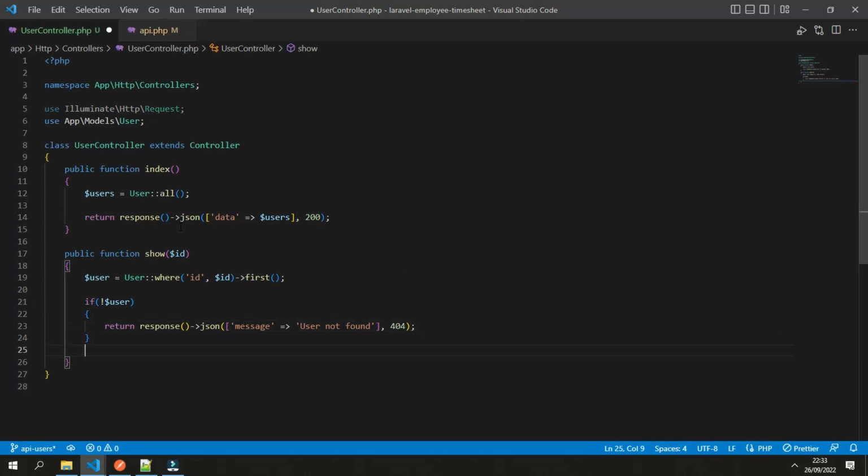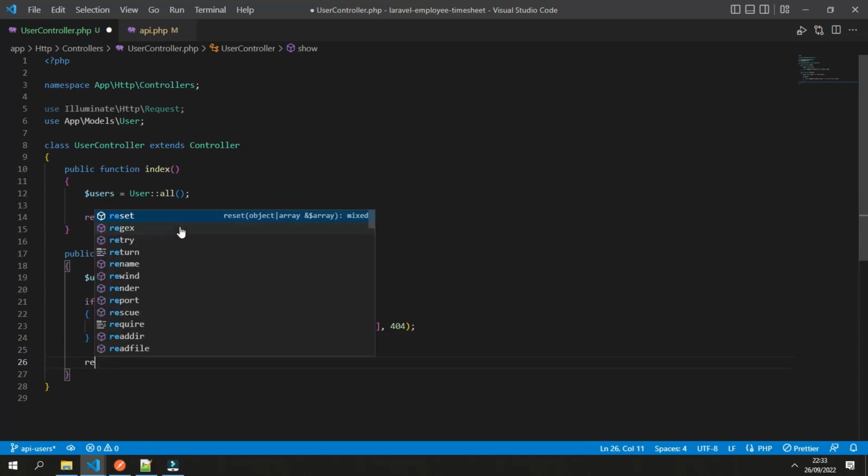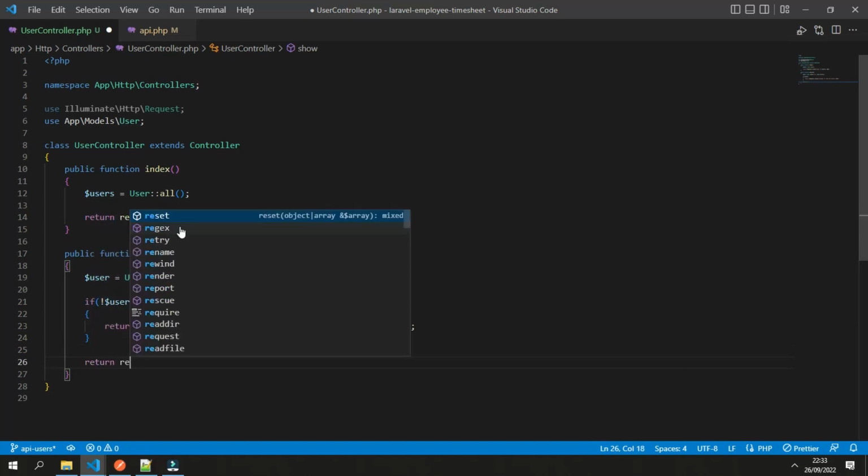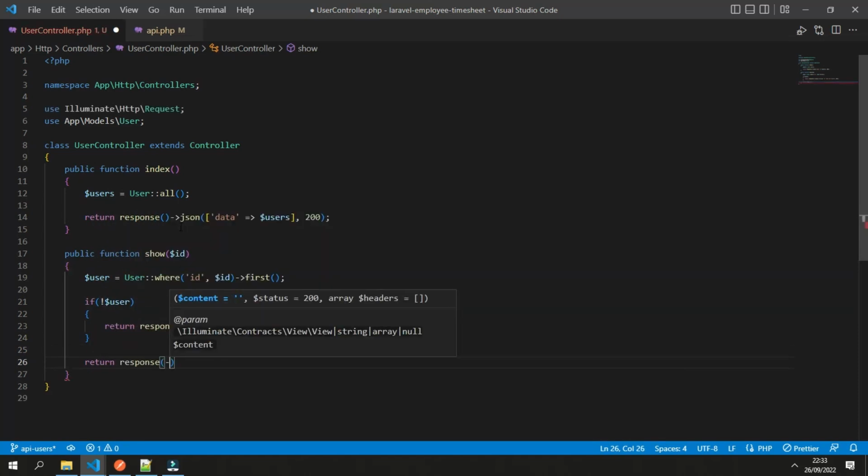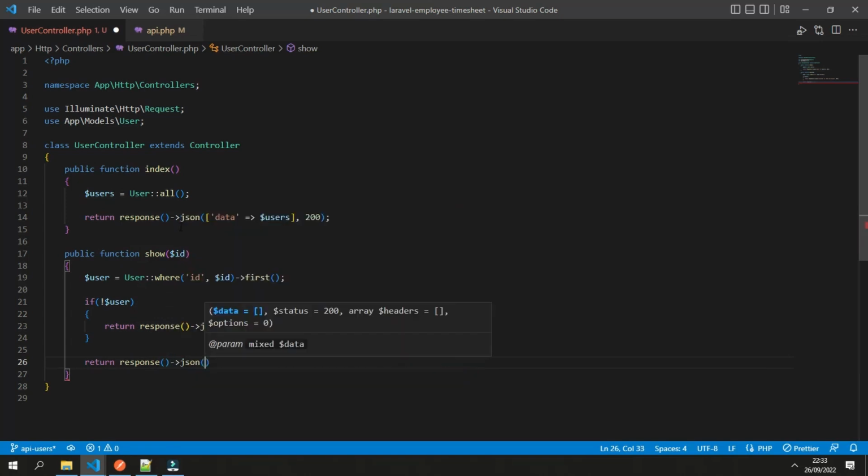If it's found, then we can return the user. Return response JSON, the user, and the status of 200.